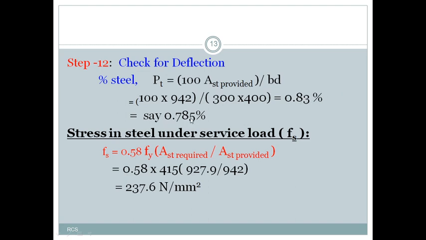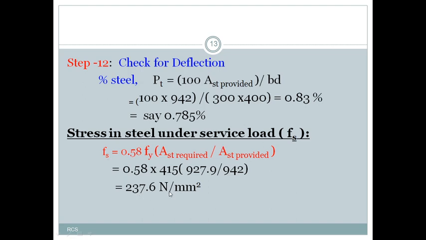Say we get 0.785 percentage, and you have to calculate the stress in steel under service load based on AST required, AST provided, and the grade of steel. That formula is given in IS 456 2000. Fs equal to 0.58 Fy into AST required by AST provided, that is 0.58 into 415 into 927.9 by 942. If we calculate, we get the stress in steel under service load as 237.6